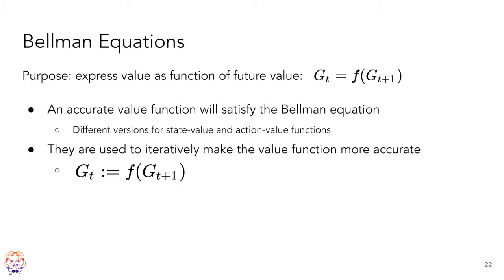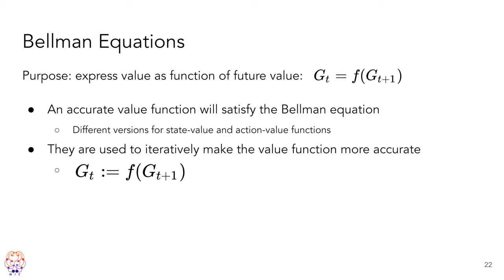We also define these useful equations called the Bellman equations, and their general purpose is to express value as a function of future value. And this, overall in the training process, just helps us hone our policy. When you're in the process of training an agent, you're going to be updating your policy. It might not be consistent, it might be bad. So we basically use these Bellman equations to update the policy function and make it better and get a higher return.